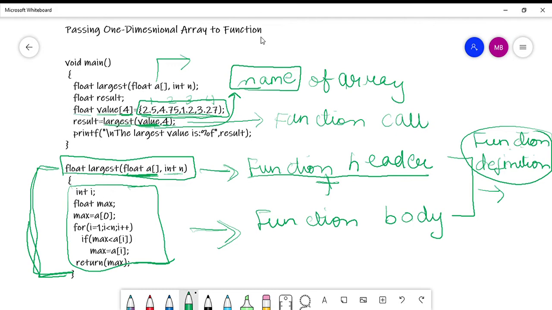The formal arguments are those arguments which are declared inside the main function. So the declaration of the arguments would be done in a similar manner as in the case of any function variables. Okay, now